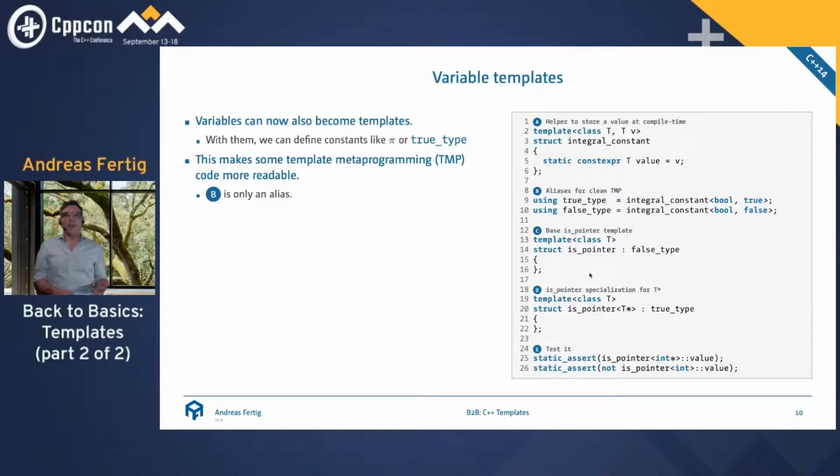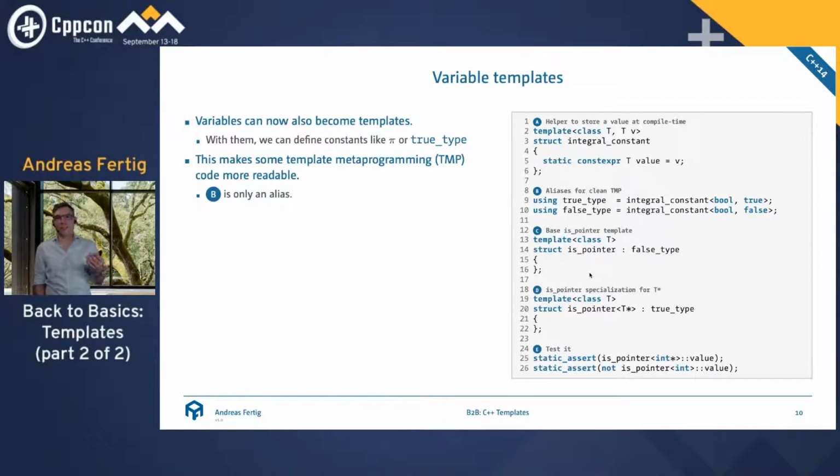But we can also make template metaprogramming, TMP code, more readable. If you think it's readable at all. If not, with that, hopefully it gets readable for you. So the example on the right is something we had already seen in the first part. It's where I'm creating my std::integral_constant. I have the false and true type, and I have the primary template is_pointer, which always yields false in C, and then I have the specialization in D, which yields true